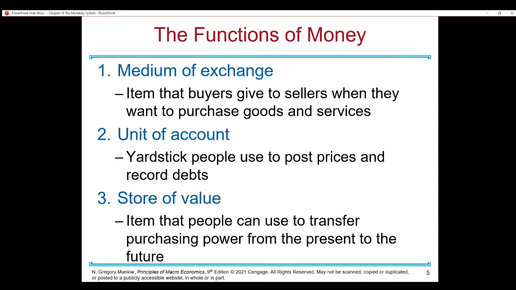So they want to allocate their money somewhere in between, because if they allocate their entire wealth into good stores of value, like say they put all their money into houses, then they cannot purchase a good or service without going through another transaction, right? If they want to buy a hamburger, well, first they have to sell a house. They have to go through the whole process of selling a house to buy a hamburger. So you don't want all your money in really good stores of value, and you don't want all your money to be in the most liquid form of cash.